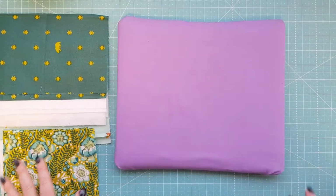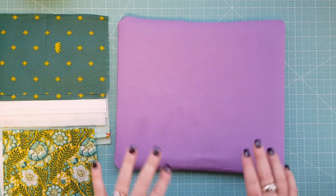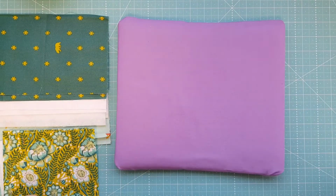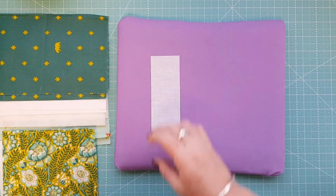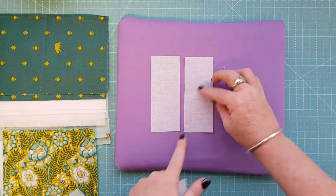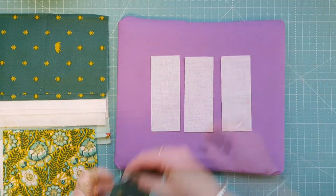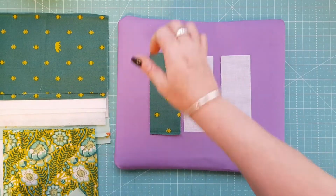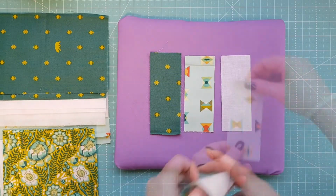Okay, so the first thing we're going to do is we're going to take all our fabrics and we're going to put all our inner facings on. So I've got my iron all heating up, and I'm just going to grab my Shape Flex 101 and I'm going to start with the loops, and I'm going to lay it with the rough side of the Shape Flex facing up, and then I'm just going to lay my fabric that I've cut for the loops on top,